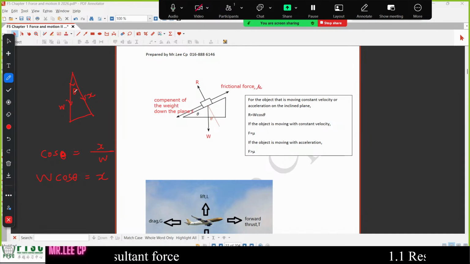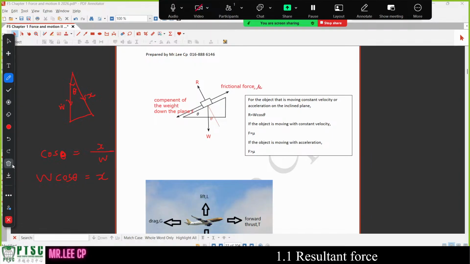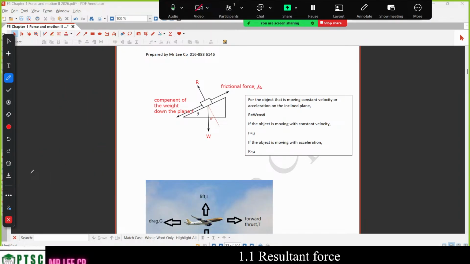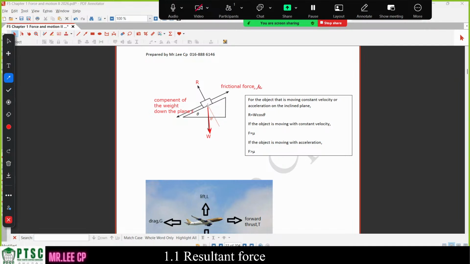I repeat, cos theta is adjacent over hypotenuse. Adjacent is X, hypotenuse is W, right? W goes up, X is equal to W cos theta. Now, this is how it comes from. But now I want you to forget about it. Don't memorize it. Now, how do I teach you how to do this one is, you bring this W to